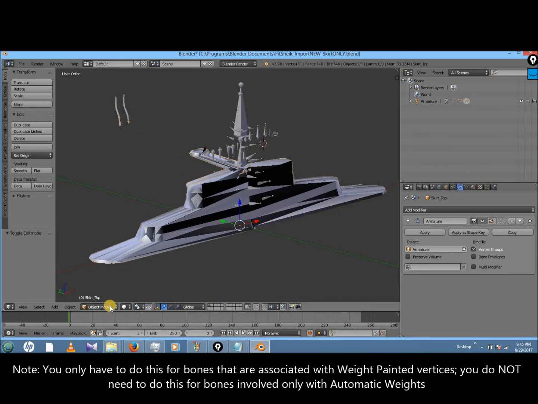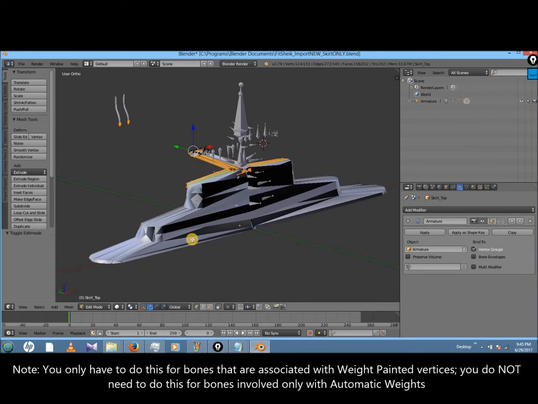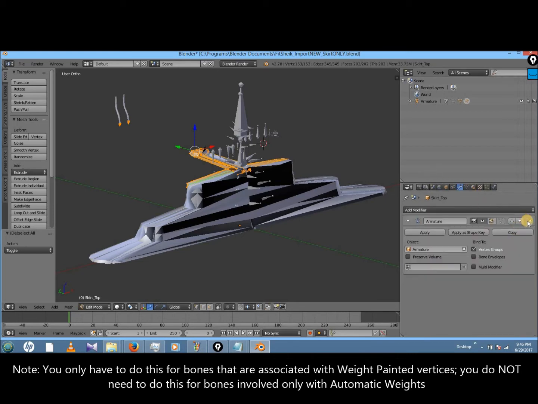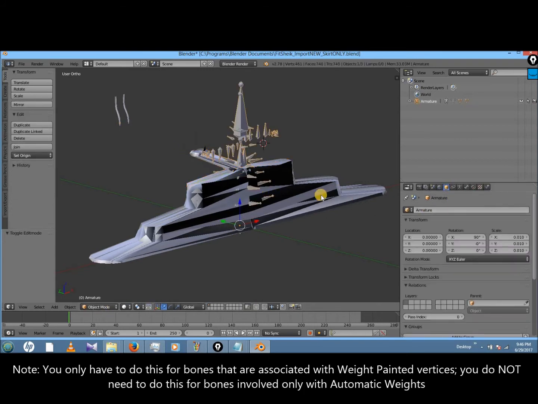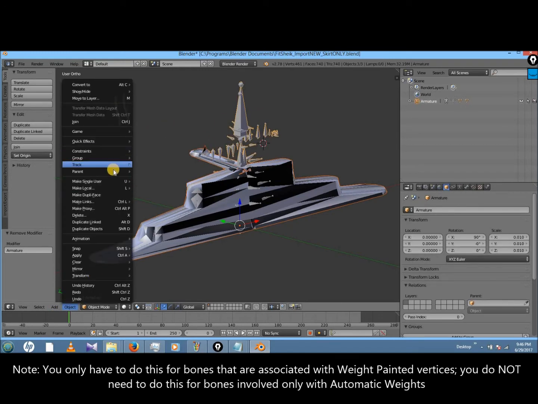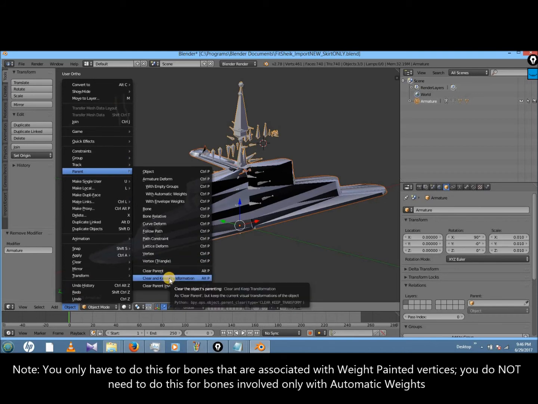Honestly, I don't think there is a real way to do this other than the old-fashioned style of Brawl importing. So that means I am going to have to, actually, let me, so I'm going to unparent everything and remove all the rigging.